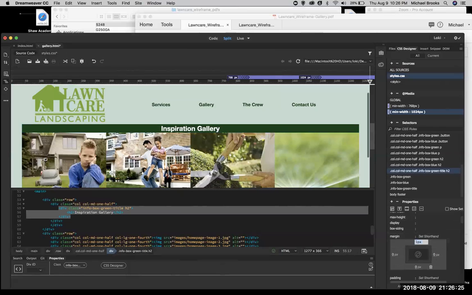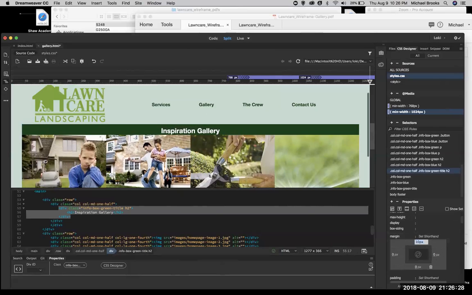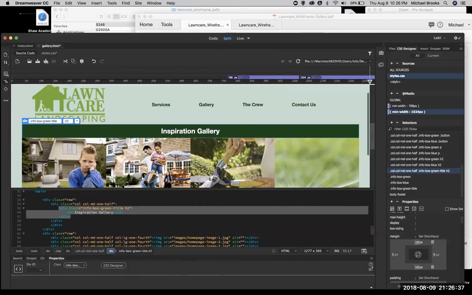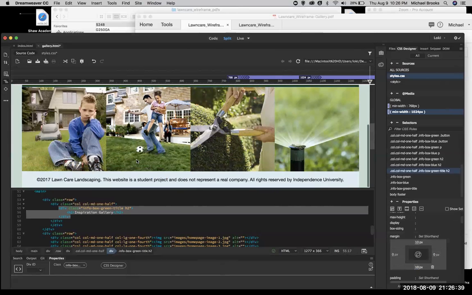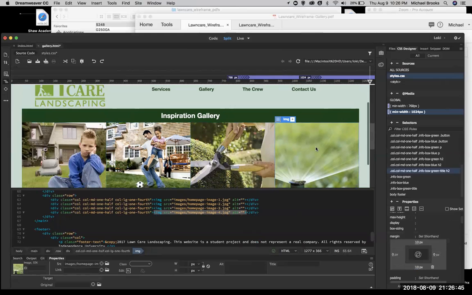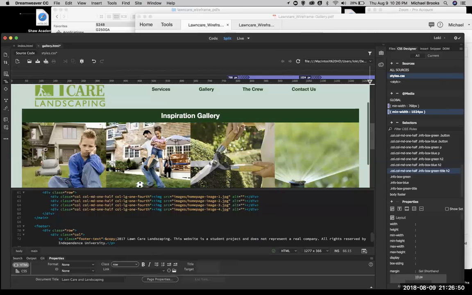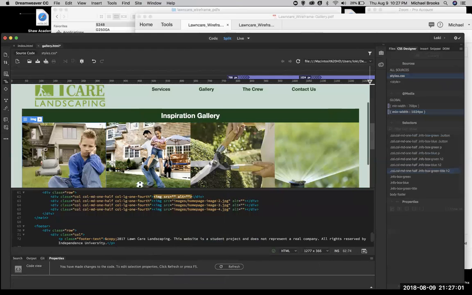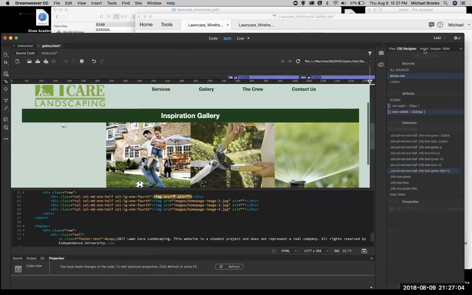Now we're going to add 5. Let's go to 10. See how that looks. And that looks pretty good. So we're going to leave it at that. All right, now, this is where we get to add the other images, right? So it's image 1, 2, 3, 4. But now we actually need to change these images. All right? We're going to delete. And now we're going to insert